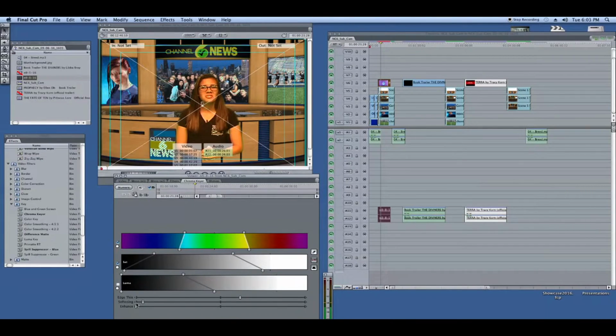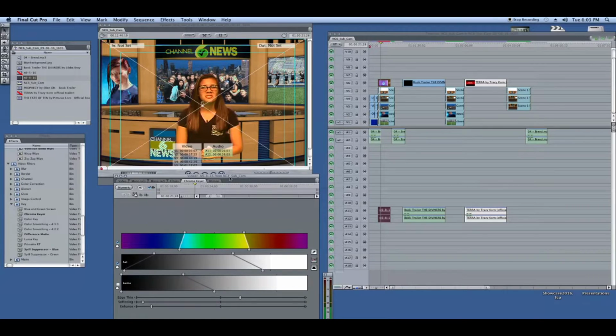You normally can't get rid of all of the green, especially when it's reflecting off of people's skin or their clothing. You can get some of that little green aura off with the enhance, and I just drag that over until I start seeing, I'm going to exaggerate it for you. If you drag it way over, you get this very thick violet color surrounding it. So I try to get it to where it's just before it starts turning purple, or just about purple, and